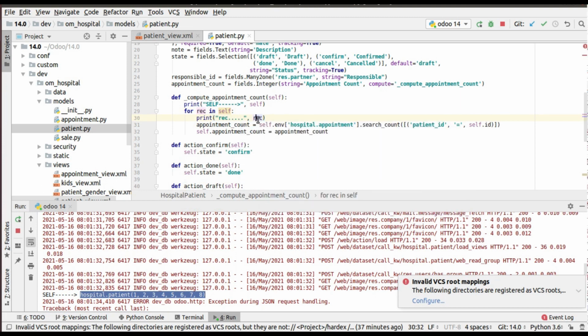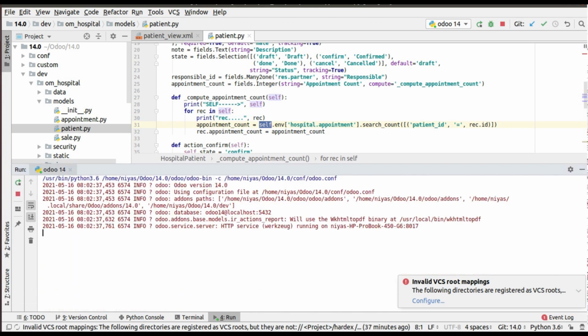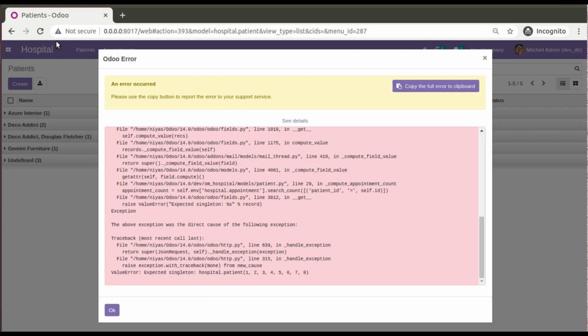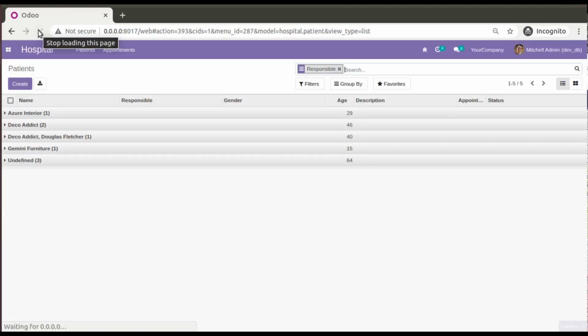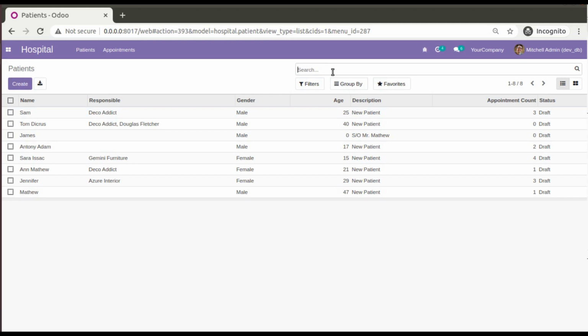And then what you have to do, instead of using self.id, you have to put rec.id, and instead of self.appointment_count, you have to put rec.appointment_count. So simply what I have done is iterate self over a for loop, and I don't need to change this self here. I'll restart the service, go to the UI, and refresh. Let's see whether we get the error or not. Last time we got the error on removing this one, because only at that time the count gets computed. So if I remove this one, you can see there is no error.